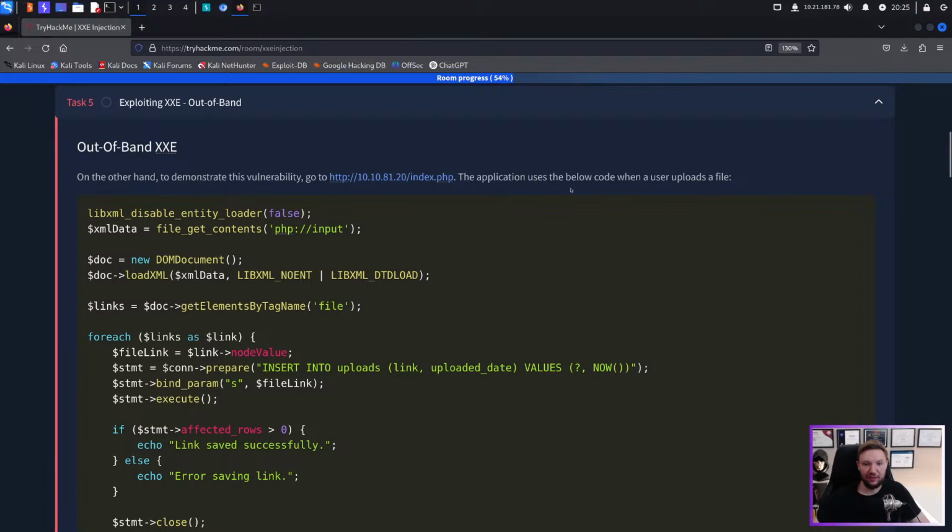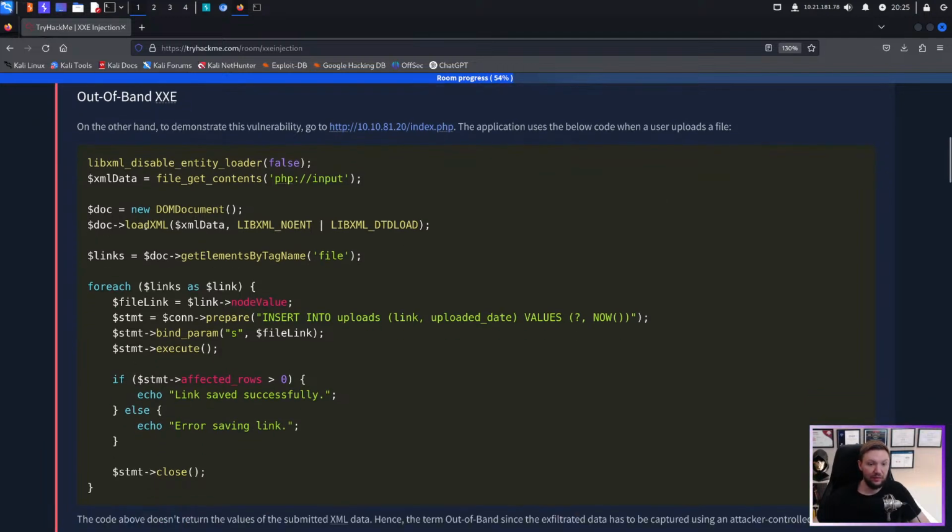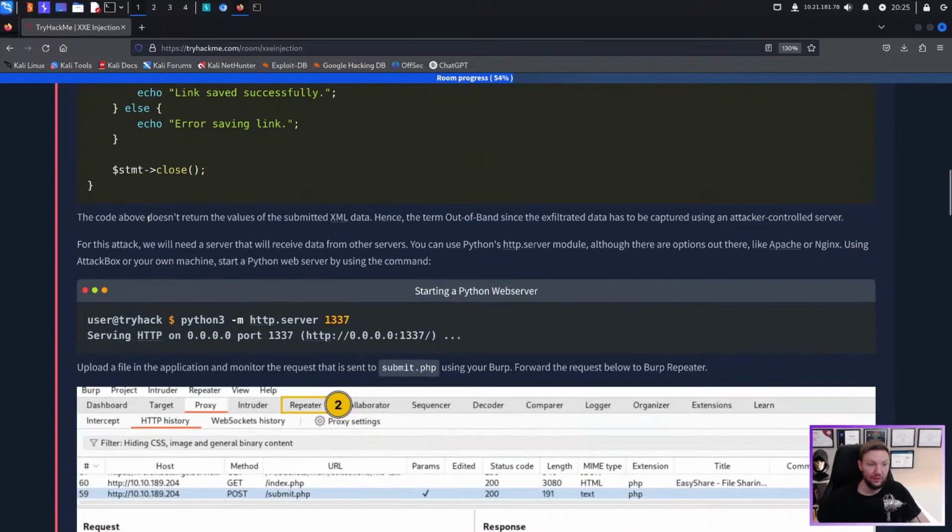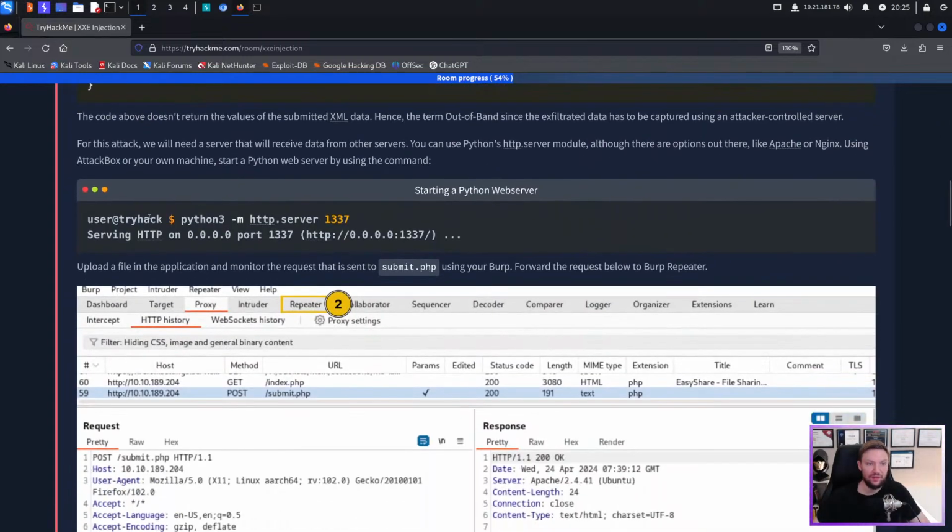The application uses the below code when a user uploads a file. The code above doesn't return the values of the submitted XML data, hence the term out of band, since the exfiltrated data has to be captured using an attacker-controlled server. For this attack, we will